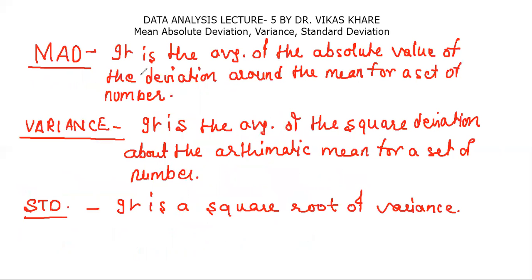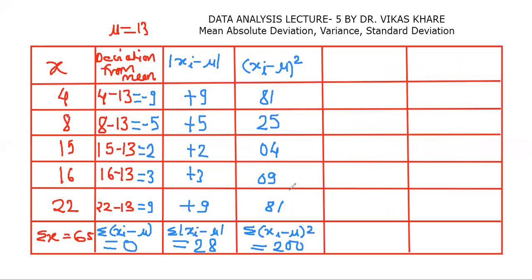In the first case, we define the proper definition of mean absolute deviation: it is the average of the absolute value of the deviation around the mean. Then we identify the mean is equal to 13. Then the value of variance. Then standard deviation with the help of variance. The given data set is 4, 8, 15, 16, and 22. Then we identify the deviation from the mean, where mu is equal to 13. Then we identify the mod of xi minus mu. Then finally we come to the sigma of xi minus mu whole square. So finally, we identify the value of mean absolute deviation,